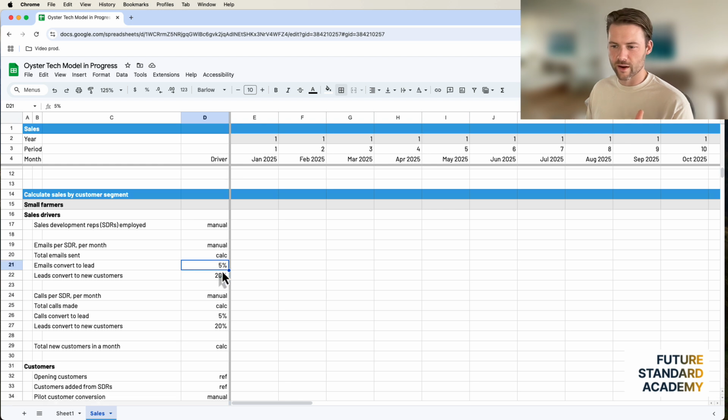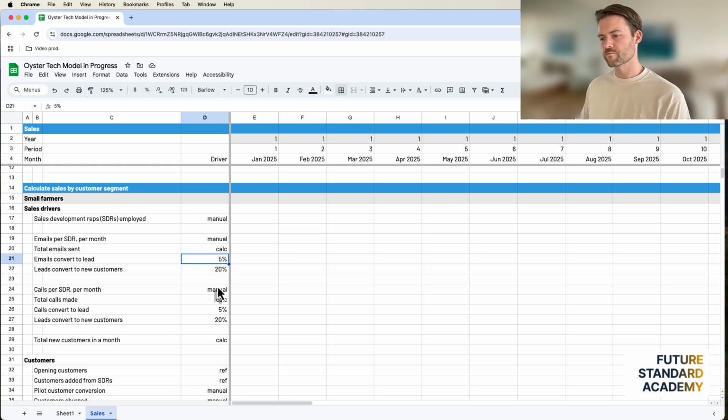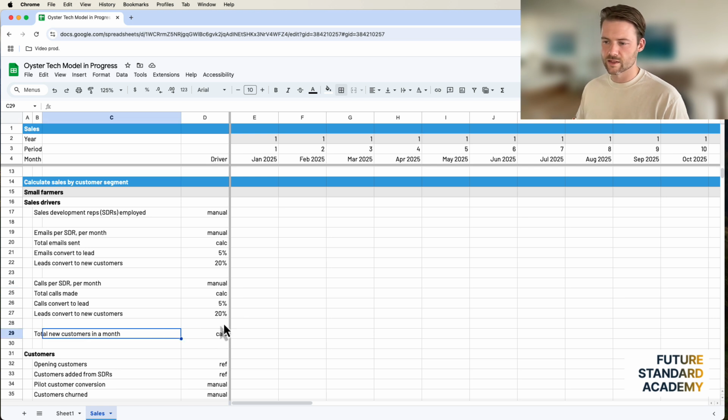You're going to change these around, of course, as you get more information, but just make an assumption at the beginning, and not just make an assumption, but make a good assumption based on what you've heard in the market, what you've talked about with people, and so on. Calls made. And then all this is going to sum up to new customers in a month. So it would look something like this. I'm just going to bring in the first column of data.